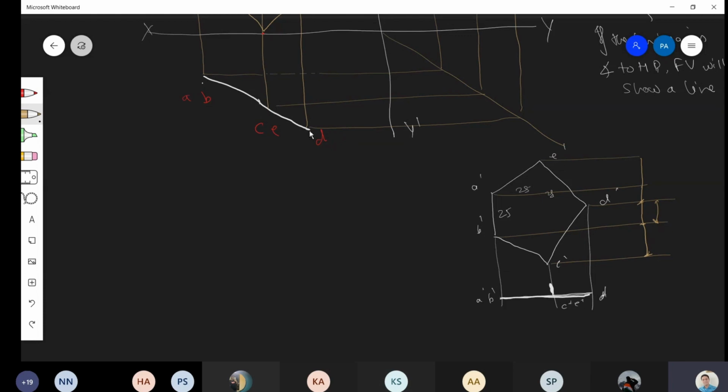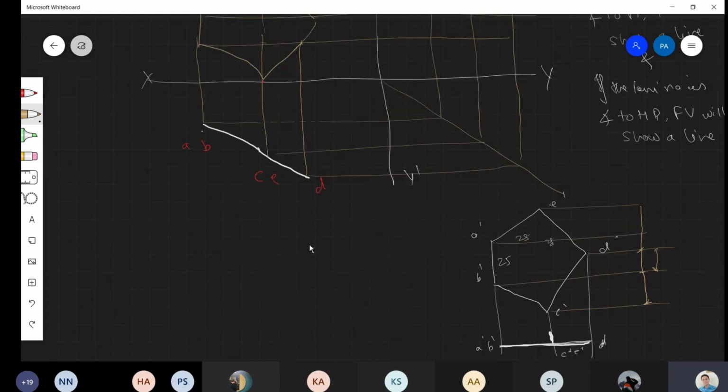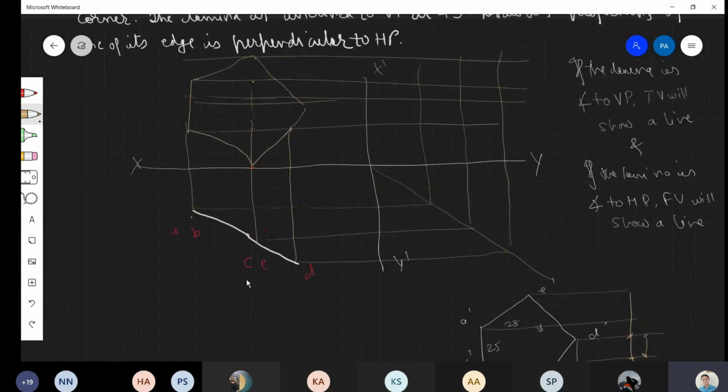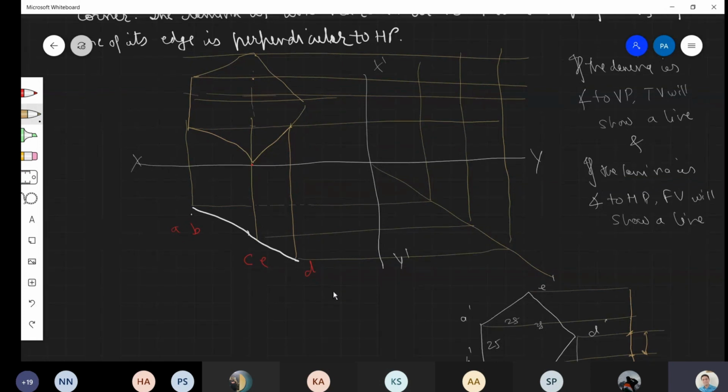Okay, once this line is drawn, we'll project the points in front view like this, like this, like this. So we know that on this line we are going to get AB, on this line CE, and on this line D. On this line D. So okay, after doing that,